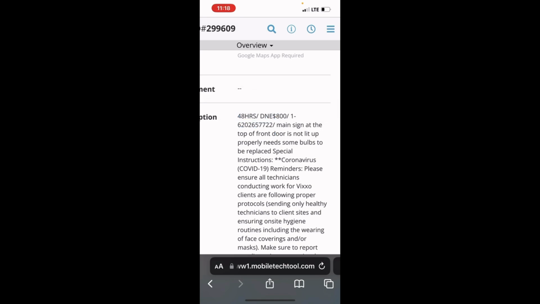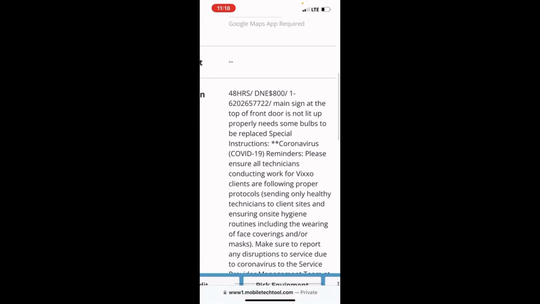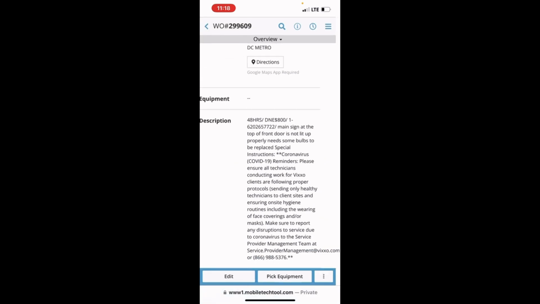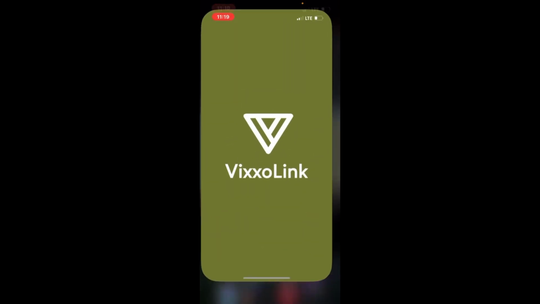You can either copy it on the app itself, or if you're more comfortable writing it down, you could just copy it on paper. It'll always be after the number amount. If you can see right here, there's a number amount that shows you the amount of money that we have for this job. The code is always going to be right after that dollar amount. And then once you get that code in, you would go to Vixxo,